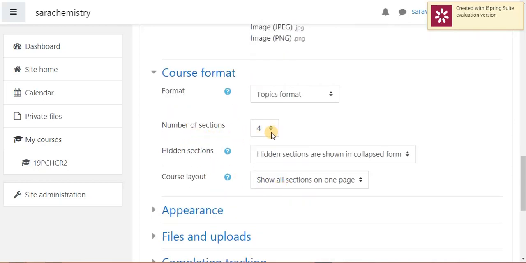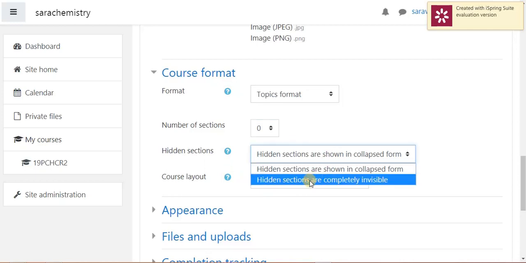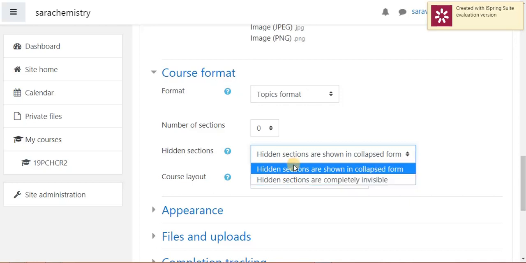I am not having any sections in my course, so I am giving 0. In hidden sections, you can choose the options that allow you to decide how your course is displayed to the students, whether completely invisible or shown in collapsed form.